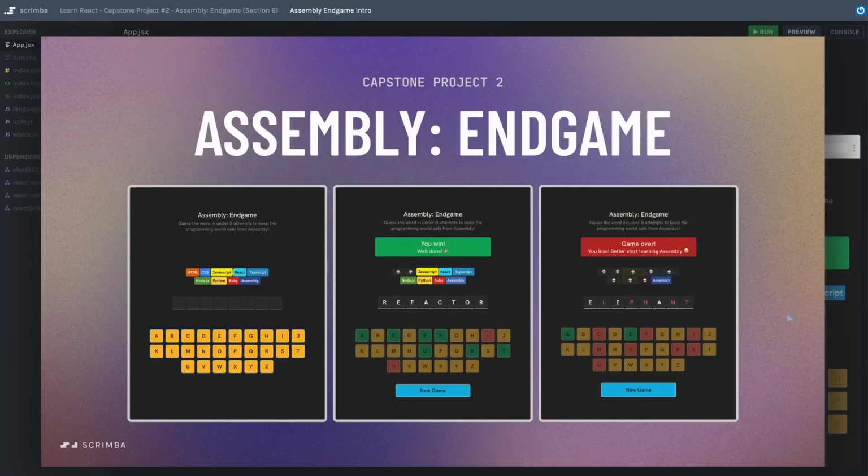You can click on the screenshots here to see the different designs that we have over in Figma. And I want to take this chance to re-emphasize the importance of trying to do all of the challenges on your own before watching me walk through the solutions. This is a critical part of your education, and it can be so tempting at even the first slight hiccup in trying to complete one of the challenges to then just click continue and watch me do it and think to yourself, oh yeah, I think I kind of understood that. I could have gotten that. That is very tempting, even for me, so don't fall into that trap.